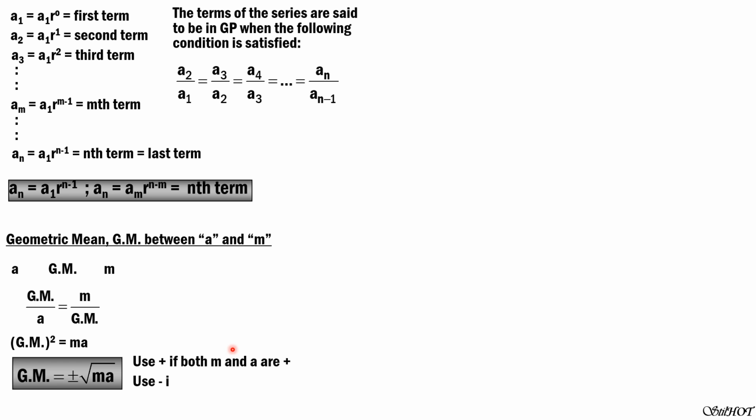So the next concept, or the next target, would be to derive the sum of terms in geometric progression. So simply we use the formula for the other terms. So S is equal to first term a1 plus second term a1 r plus third term a1 r squared plus dot dot dot the last term a1 r to the n. If we multiply this equation here by r, then this becomes rS, this becomes a1 r, a1 r squared, a1 r cubed, plus dot dot dot a1 r to the n.